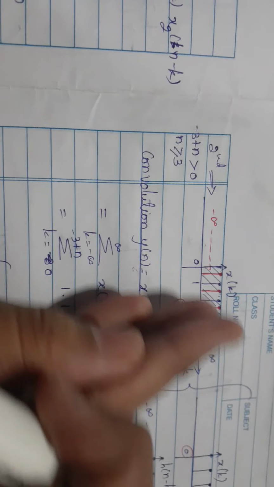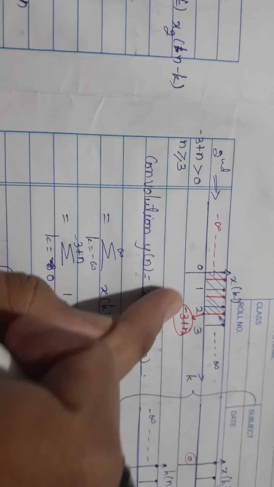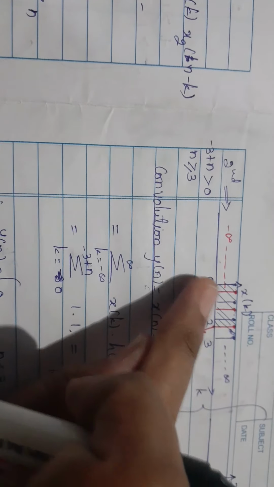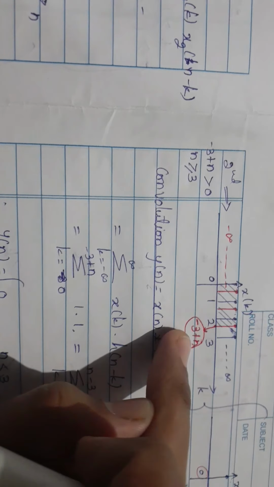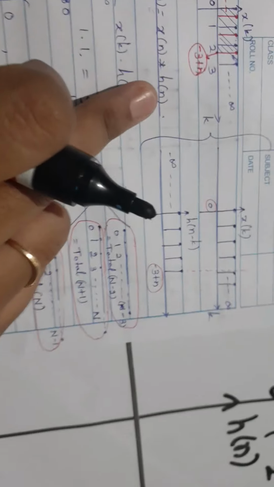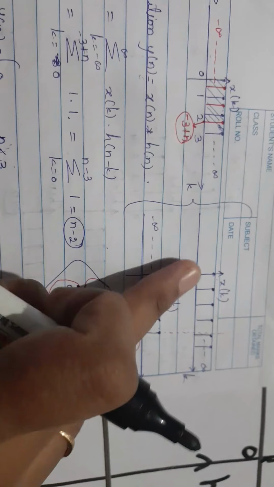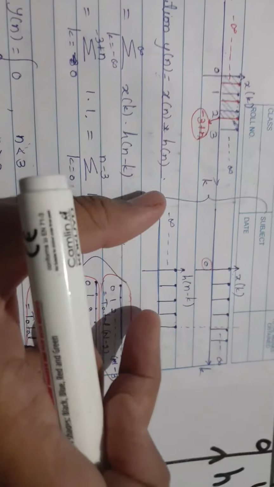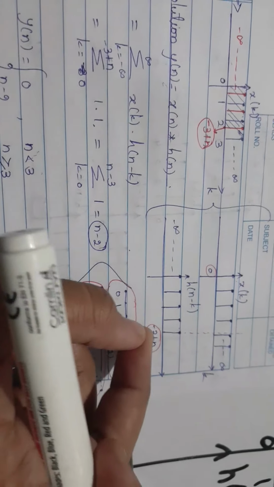Let us go for the second possibility, wherein we draw the signal one more time, x of k, and the second signal we are keeping after 0. That is this point, -3 plus n. This is kept greater than 0. I have kept it somewhere here. You can keep it anywhere but more than 0. So I have kept it here, and the shading indicates the product. You can understand this clearly by drawing the signals one below the other. First signal x of k, 0 to infinity. Second signal, I have kept after 0, somewhere here.